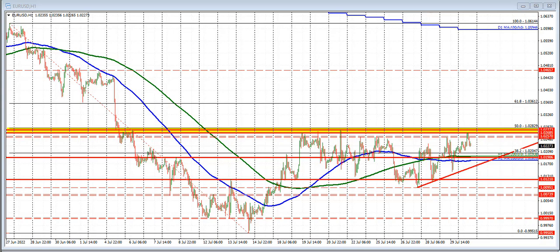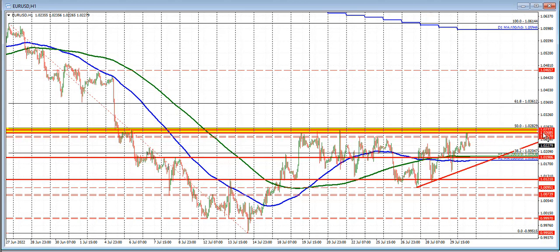Today is August 1st, new calendar month 2022. I'm going to take a look at some of the key technical levels in some of our major currency pairs. Starting with the euro versus US dollar, we've seen a step up into the European morning session, where the price moved back up to our swing areas between 1.0268 and 1.02829. That level is actually a 50% retracement of the move down from the June 27 high to the July